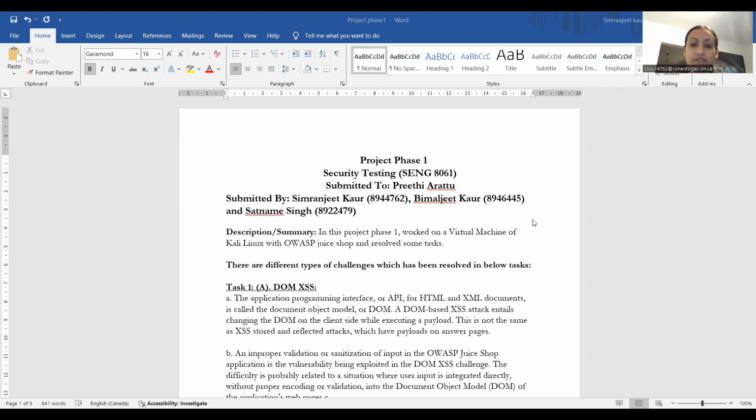Firstly, we have discussed the DOM XSS challenge in OWASP Juice Shop. We have to follow some steps to resolve this challenge. Firstly, we opened the challenge page in OWASP Juice Shop, searched for the DOM XSS challenge, clicked on the view details page, and copied the string